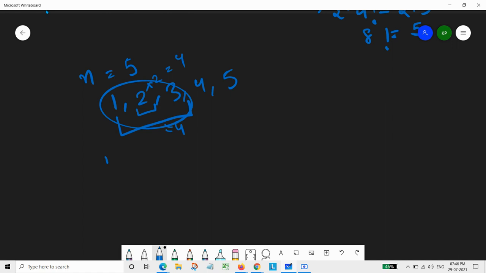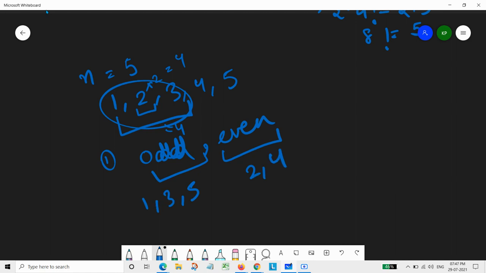The first thing which comes to mind is that we could do it by separating into odd and even. That is, we have some odd elements first and then even elements. So it will be simply 1, 3, 5, 2 and 4. But this is not completely solved, because if we take this, then 3 into 2 is equal to 6, and 5 plus 1 is also equal to 6. Then again an arithmetic progression will be there.